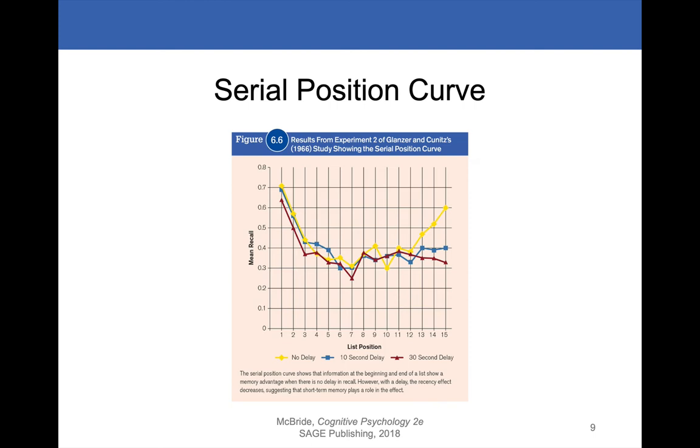Along the x-axis, we have a list position. Let's say it's a list of 15 words, and then on the y-axis we have the amount of recall, the proportion of words that were correctly recalled. And you'll see that especially with the no delay, the yellow line, notice that these subjects were able to remember a lot of the